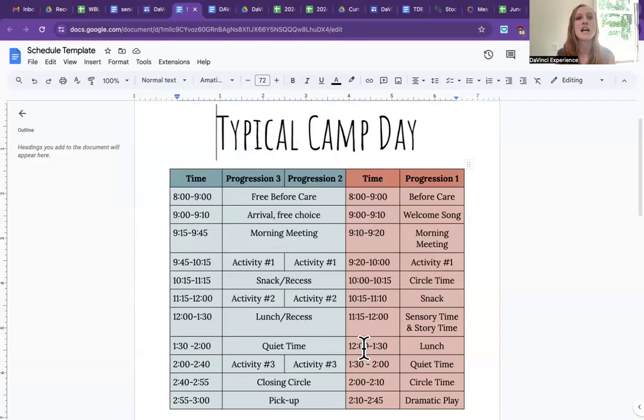So this will be a great time for them to do Play-Doh, for them to do a sensory activity that has to do with the lesson, a slime, a water, washing the animals, anything like that. And then a nice story time where they can really enjoy a book that has to do with the specific curriculum. Then they're going to go to lunch with the same expectations that they're going to be sitting and eating